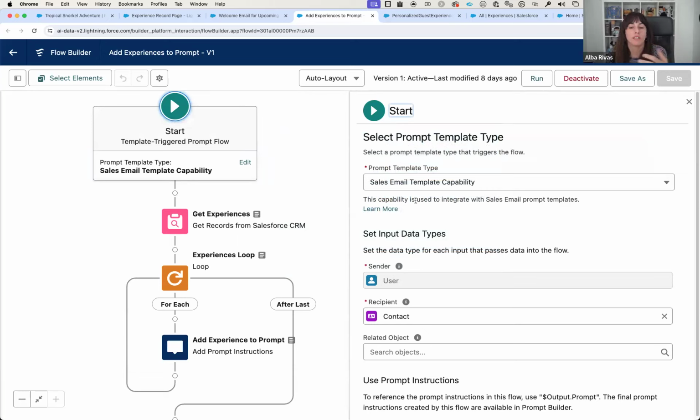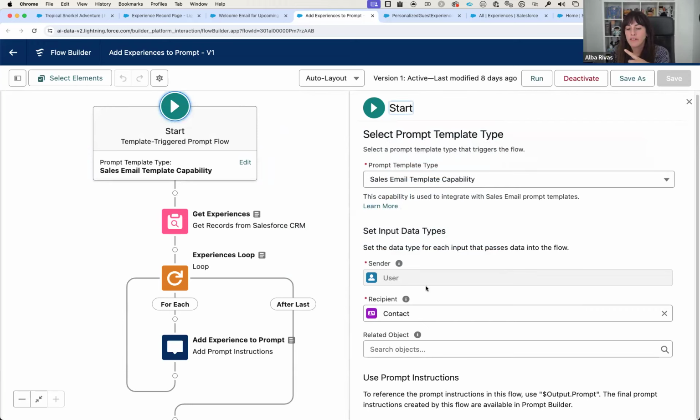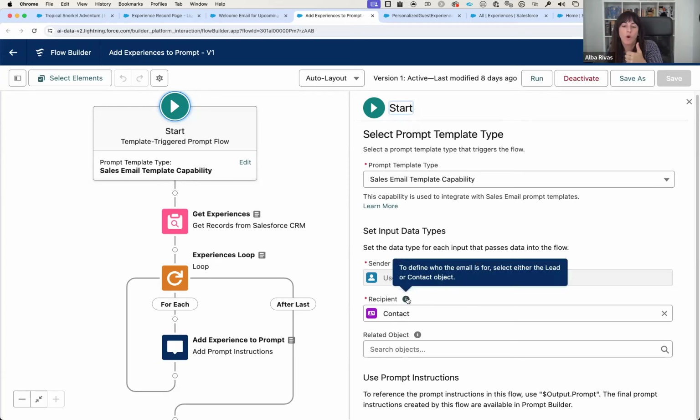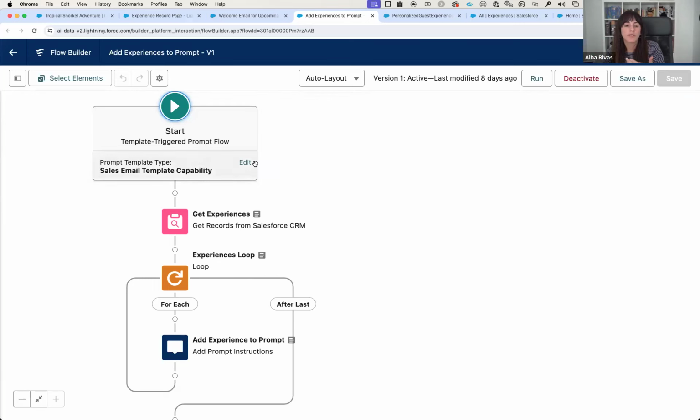In this case, we want this flow to be available for sales email templates. And then, because the templates are bound to inputs, those inputs are going to be available in your flow. So for instance, sales email templates are always bound to a recipient, which could be a contact or a lead, and to a sender, which is the user who's executing the prompt, and optionally a related object, okay? So that is something that is going to be available in the template and that we can select here so that those inputs are available